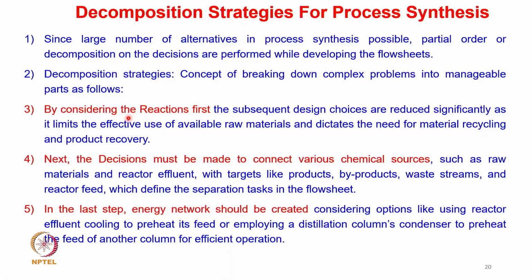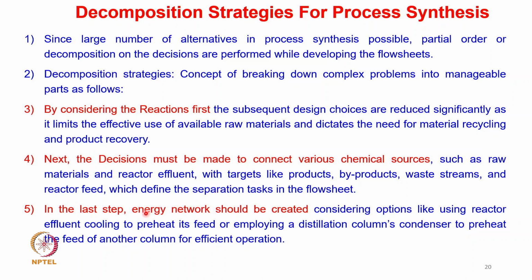Once the reactions are selected, the next step is to connect various chemical sources such as raw materials and reactor effluent with targets like products, byproducts, waste streams and reactor feed, which define the separation task in the flow sheet. And the third step is, once this preliminary flow sheet is developed,